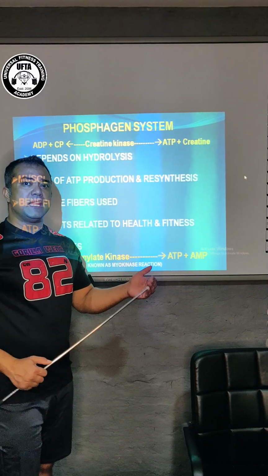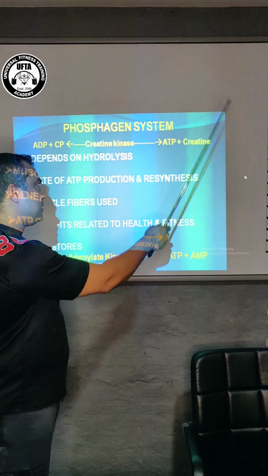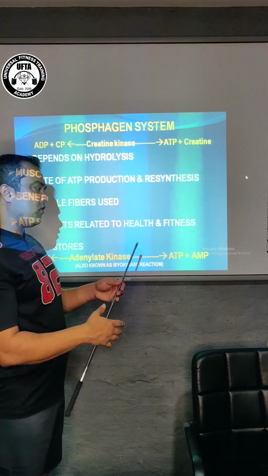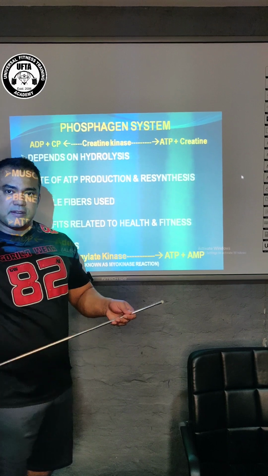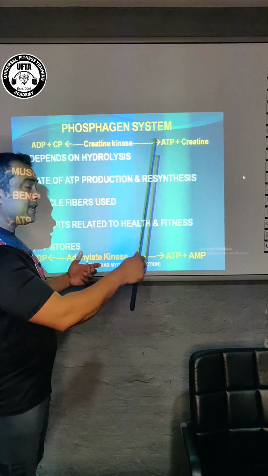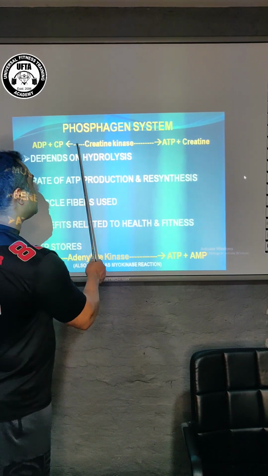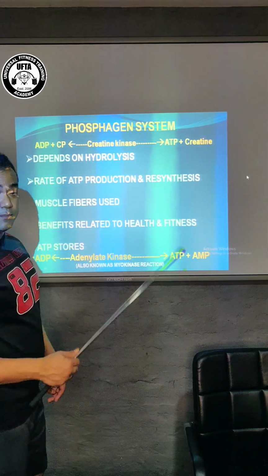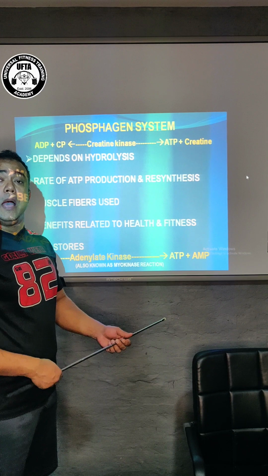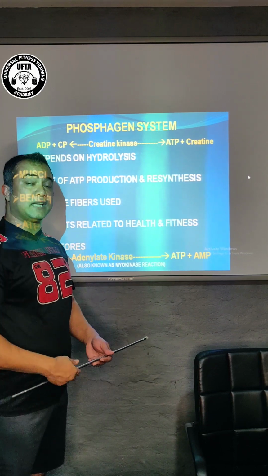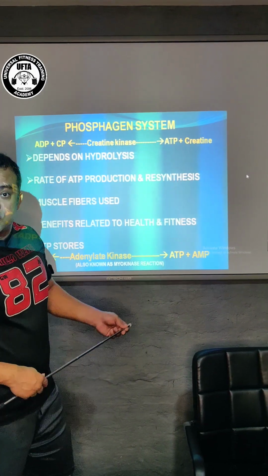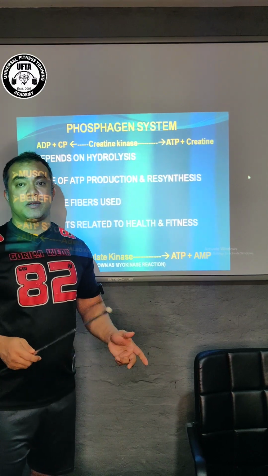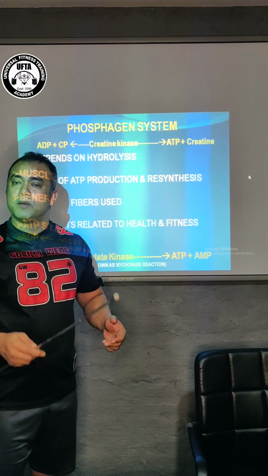ADP. Then that ADP binds with the available creatine phosphate in our muscle cells, and along with that phosphate group, it combines and again generates ATP. That enzymatic activity is catalyzed by creatine kinase. So this is how ATP is regenerated again and again. But it depends on the intensity of the exercise. If you are training too hard, say if you are doing 1 or 2 repetitions, you need to rest for at least a minimum of 7